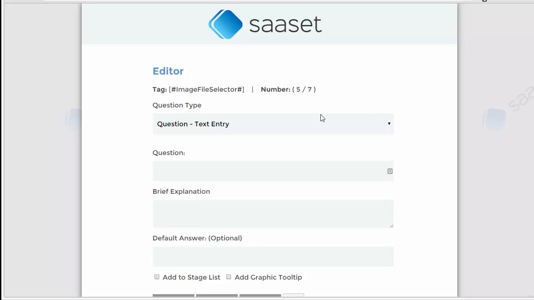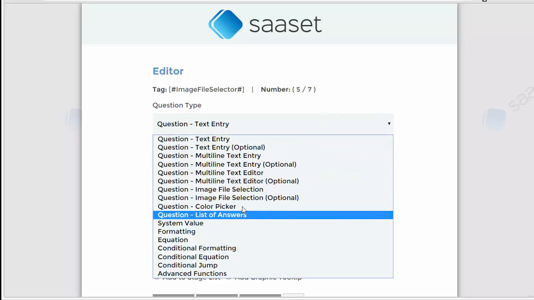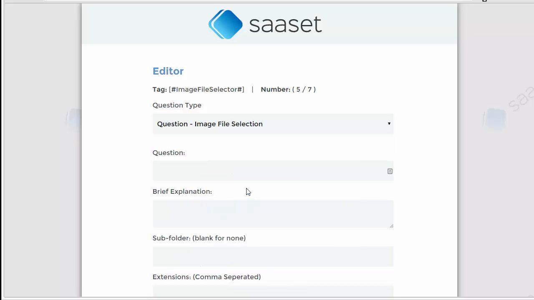Then we have image file selector. This is basically going to pop up a file input box where they choose a file from their local computer that is an image, and they click the next button and it will upload that image to Saaset. So if I was doing it, select your background image,